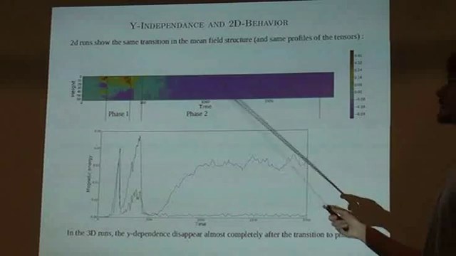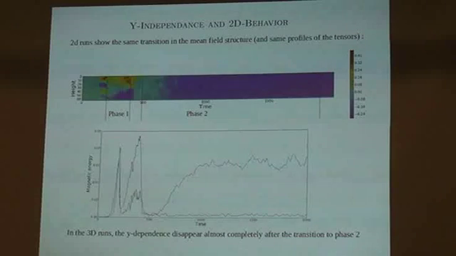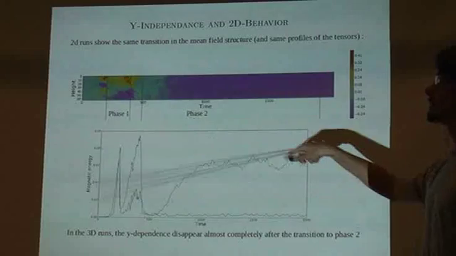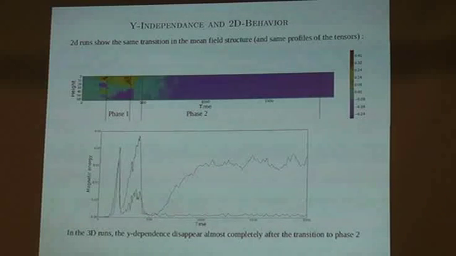So the 3D run becomes almost two-dimensional after this transition. But in the first phase, the 3D run is really three-dimensional. So it may be that the Y extent of my box is too small, or that my magnetic Prandtl number is too small also. So I'm planning now to